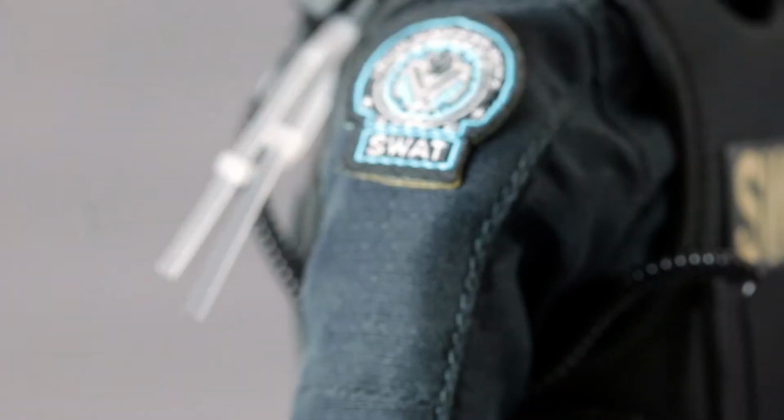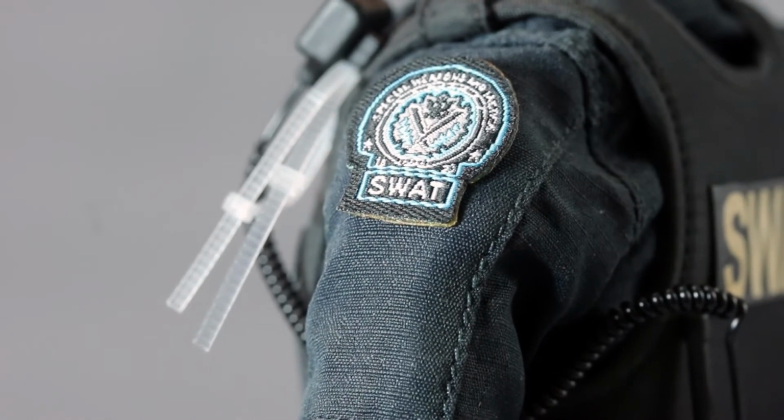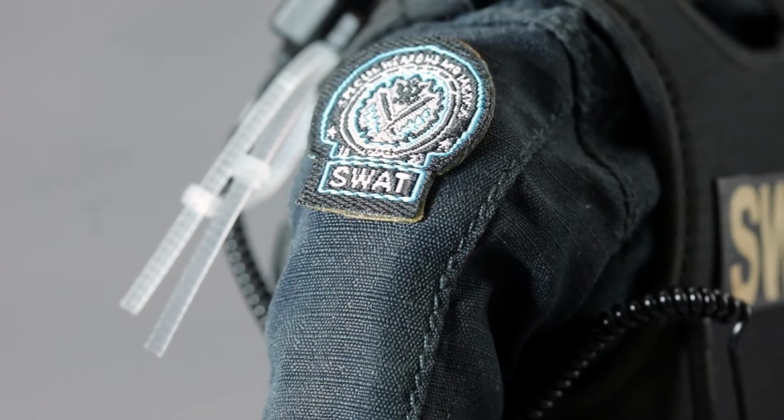And going up, you can see the Velcro patch. It's nice right there. And it says SWAT, tactical, you know. I can't read it, but I know some of the collectors are having trouble with that because over time,